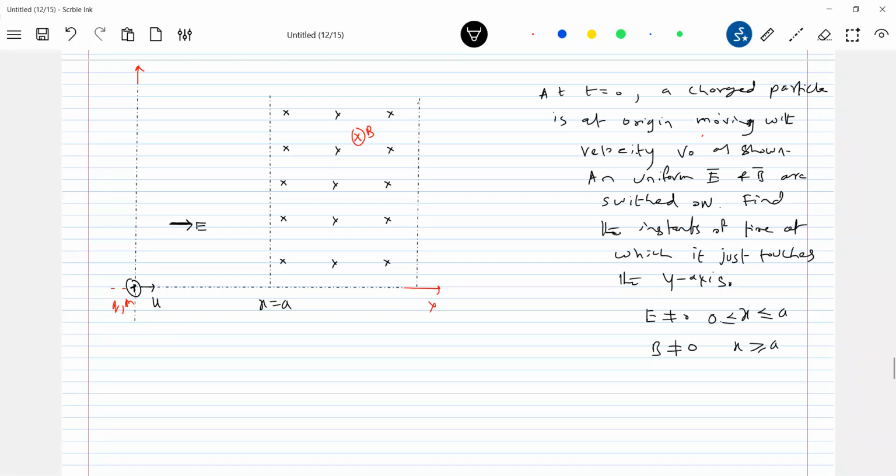Because of the electric field, the particle will accelerate. When it arrives here, the same charged particle will have velocity v. So what is the path? The path will be a straight line because only the electric field is there. Then after this,